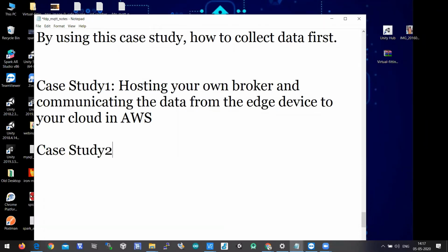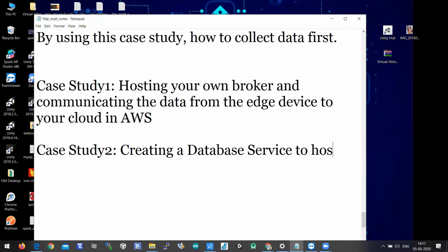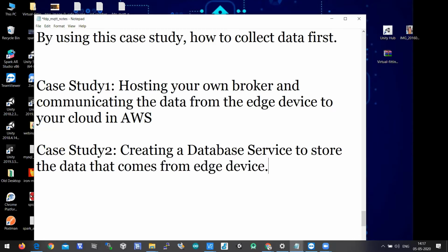Case study 2, creating a database service to host the data, to store the data that comes from the edge device. So let's do these two case studies.